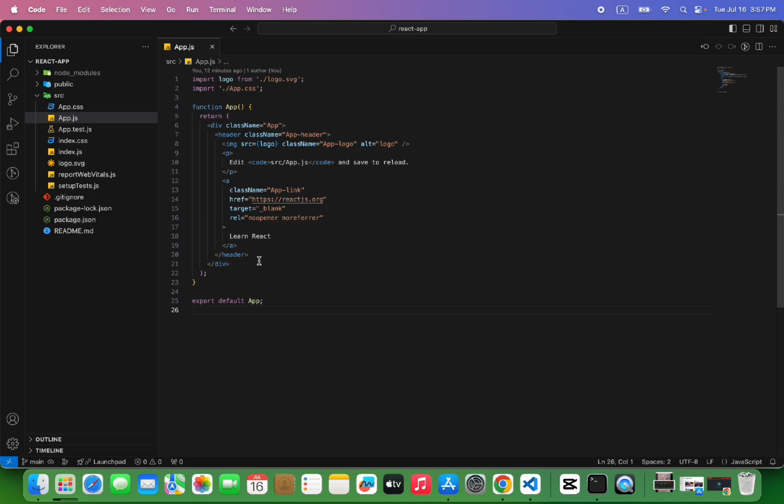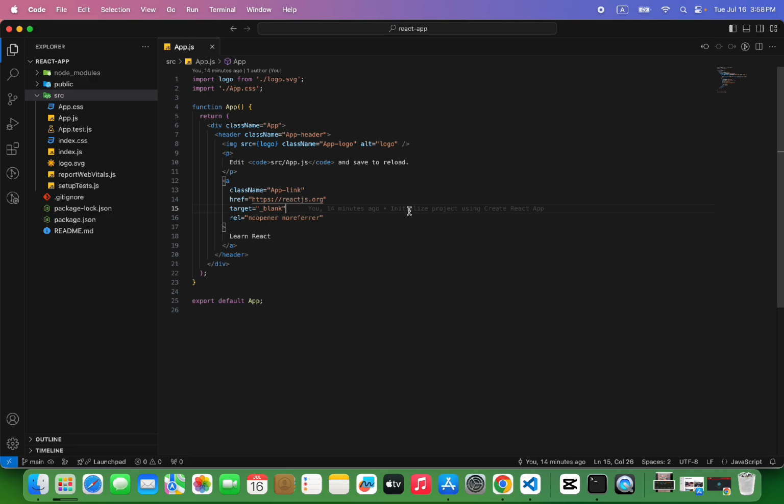Now we can see it uses JSX. So what is JSX? React uses a special syntax called JSX, which looks like HTML but is actually JavaScript. JSX makes it easier to write and understand the structure of your components. In JSX, you can write a JavaScript expression, like if you need to add a condition: if logo exists, only render an image tag, and if logo is false, don't render the image tag. So you can implement a condition here, but in HTML you can't write this logic. So this is the difference between HTML and JSX.